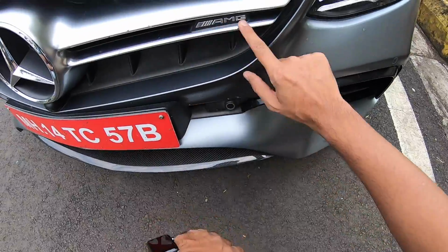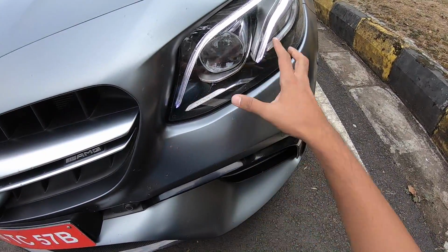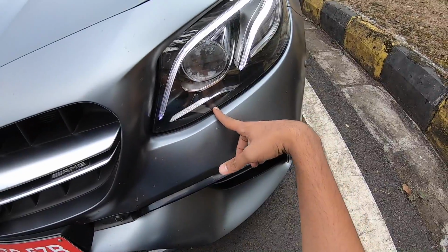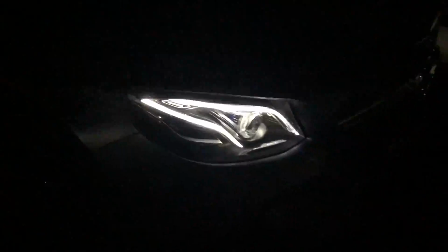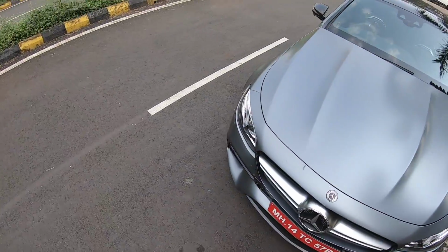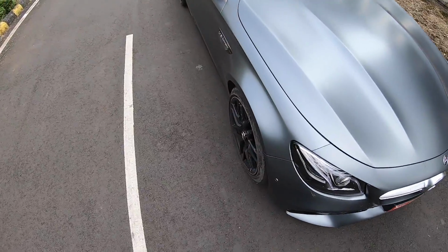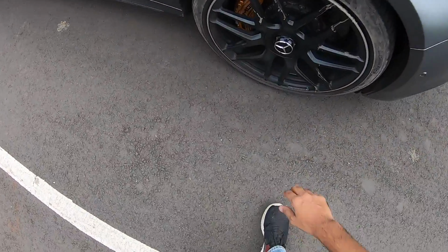In fact, AMG badging over here as well, and the headlight looks beautiful too. So you can see it gets the multi-beam LED, and Mercedes-Benz is written over here. Yeah, that's right. The lights look beautiful at night, and this car sits lower down. It gets front parking sensors, obviously slightly flared wheel arches, V8 bi-turbo 4MATIC+ written over here, and it says